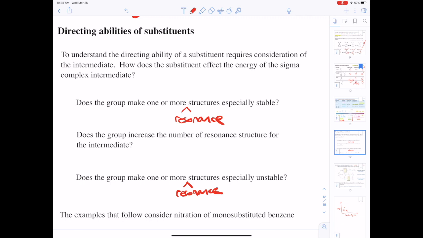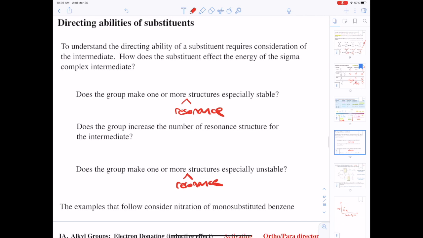All right, so now we're going to look at the directing abilities of substituents, and we're trying to make arguments for why something is a meta-director or why something is an ortho-para-director. So to understand this, you have to look at the intermediate. And how does the substituent affect the energy of the intermediate? So things that we'll look